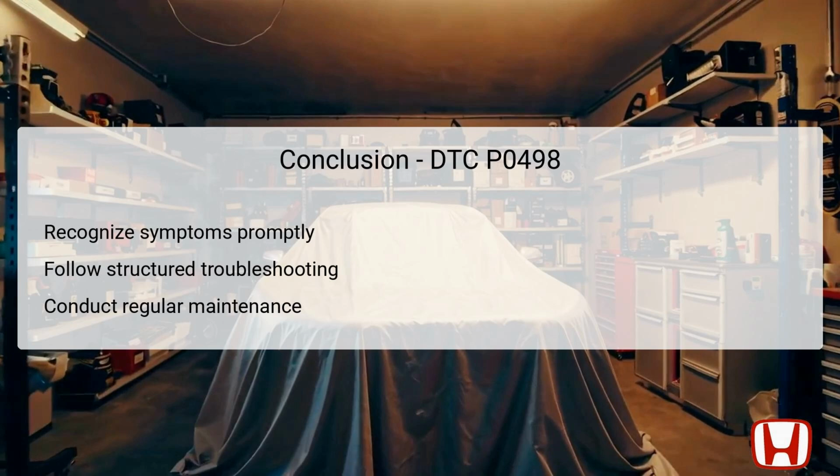Each step of the diagnostic process is essential and provides valuable insights into the health of the EVAP system. Moreover, regular maintenance practices can help prevent the occurrence of similar DTCs in the future, promoting a smoother and more efficient vehicle operation. Overall, staying vigilant and proactive will ensure that Honda Civic owners maintain compliance with emission standards and